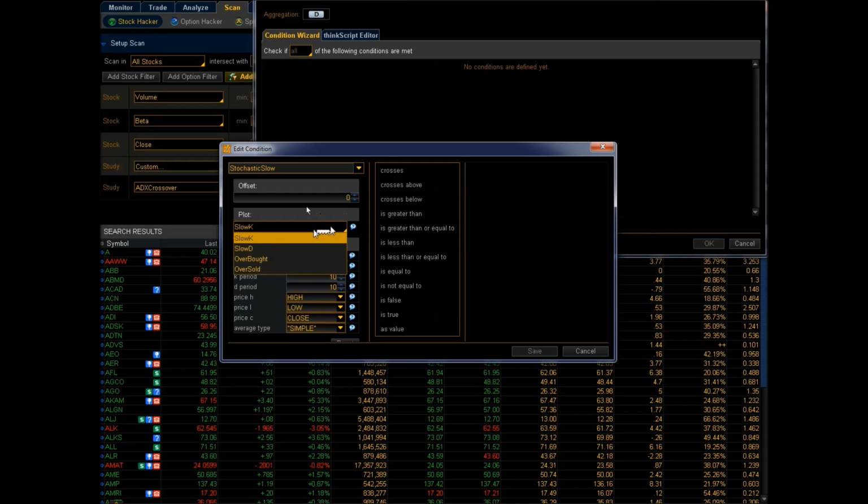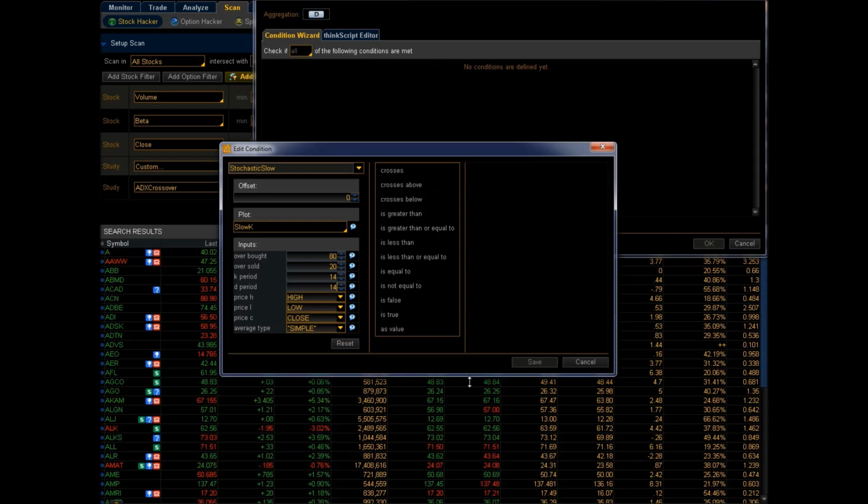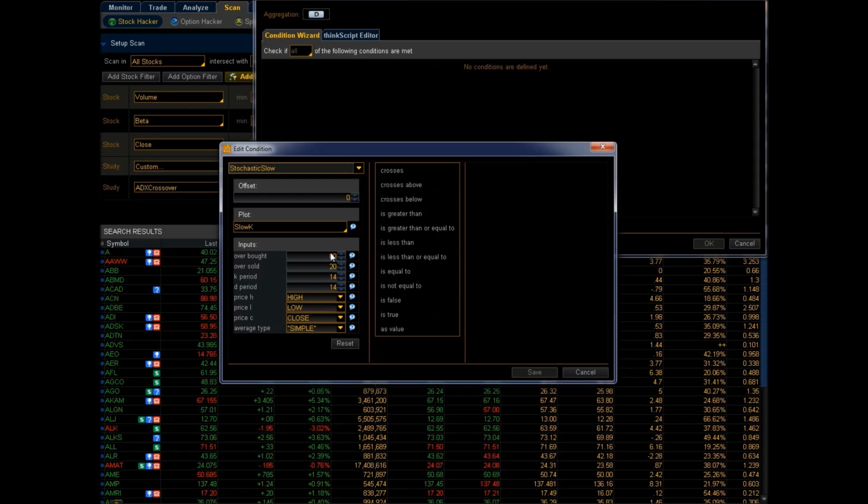So what I'm going to use is, you can use the slow K or the slow D. Using the slow K is fine. The slow K is the main line, and the slow D is the 3-period moving average of the slow K. So I'm just going to use the slow K, and what I want is a condition where the slow K, let's say I'm going to use a 14-period, right? Because I'm just using the standard settings, a 14-period, and I'm going to use the situation where the slow K based on the 14-period